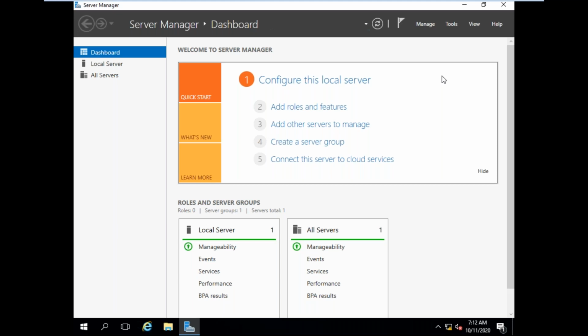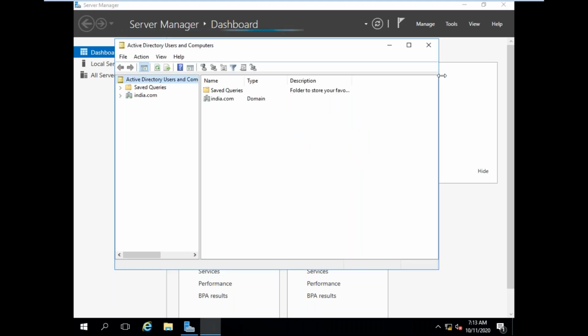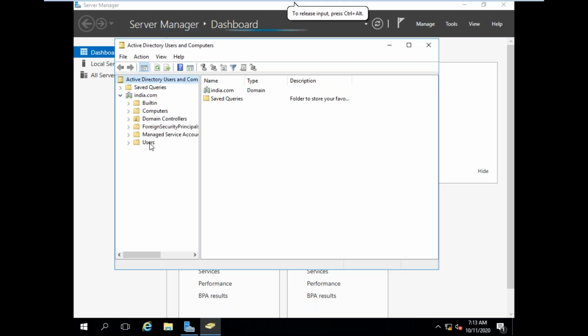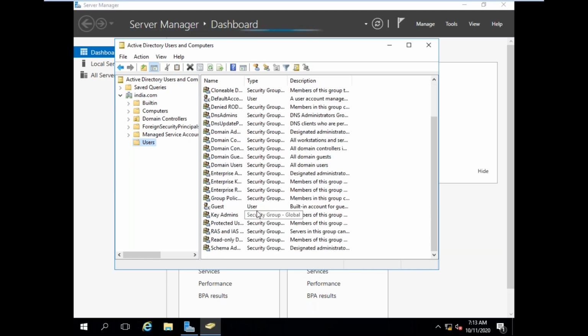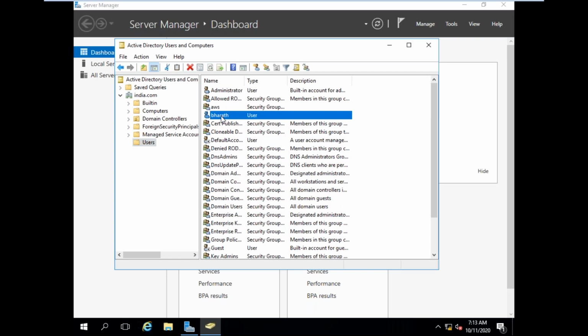You can check now. See the domain controller, expand it. Here click on users. Now see all the domain users created by the system. Now see Bharat. The Bharat user was automatically created as a domain user.